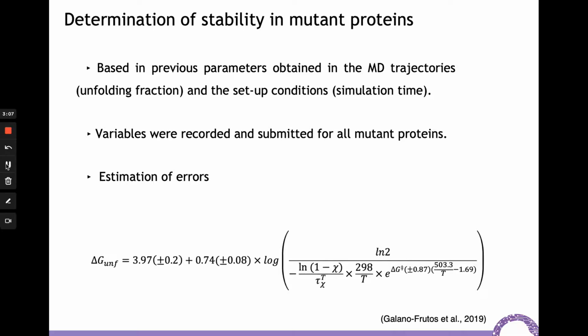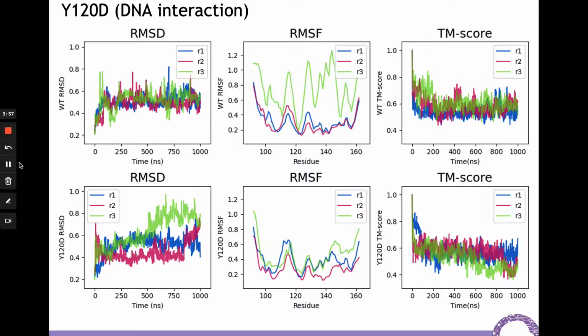Previous work made by our research group demonstrated how protein conformational changes can be estimated based on MD trajectories. This model was obtained through the correlation of the unfolding fraction with the size of protein variants and simulation time, resulting in an empirical model that aims to help the calculation of mutant protein stability. The MECP2 mutants selected were subject to a protein conformational analysis, using the proposed model for calculating the stability of mutant proteins, thus corroborating its reliability.